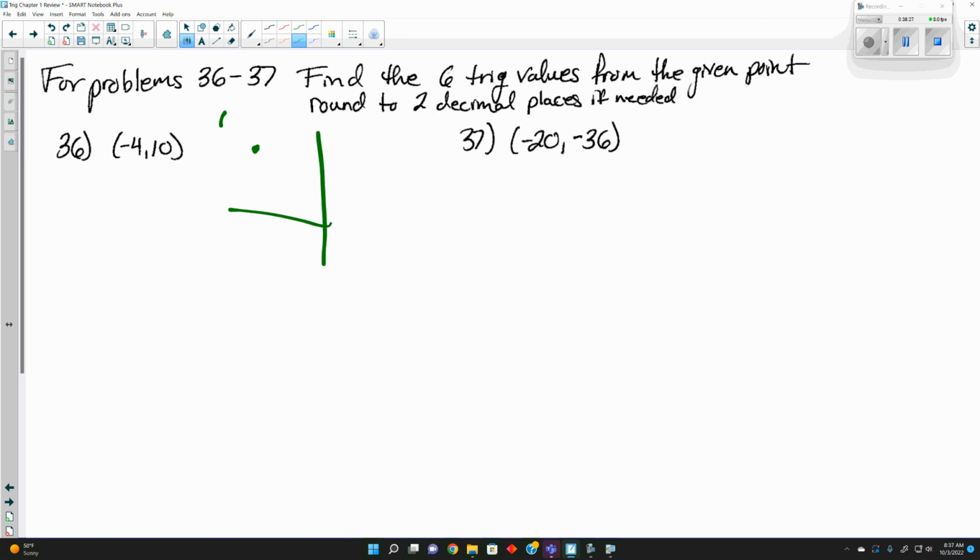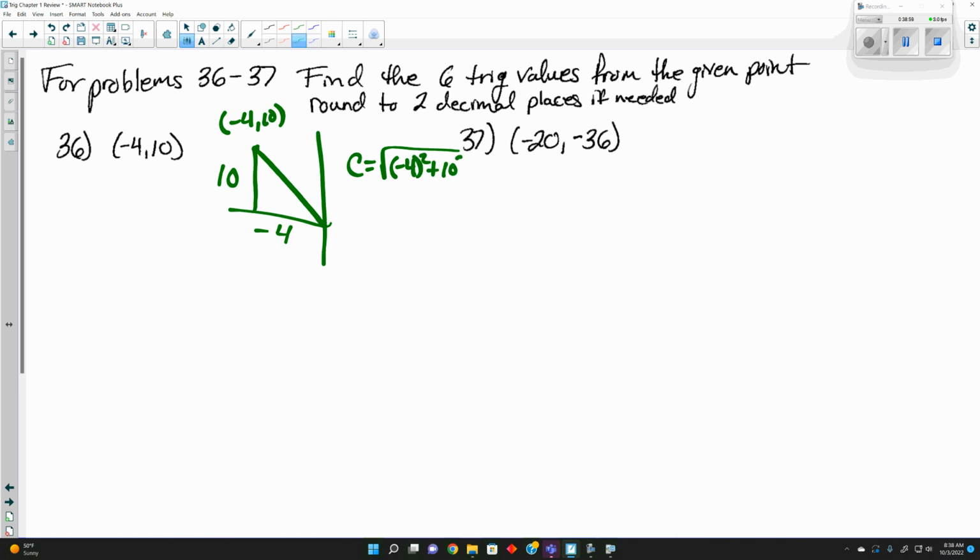Plot the point. So the x value is our negative 4, our y value is 10. I'm going to go ahead and plot that point to see where we're at. It does help us figure out what the values are going to be with sine and cosine, with our signs, positive and negative. Now to find the hypotenuse, it's just going to be the square root of a squared